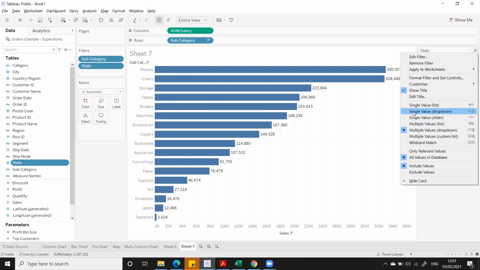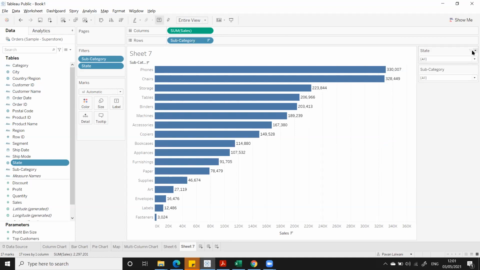Both options are right. Single value means only one value can be selected. Multiple value means more than one value. Okay, understood. So if you're using Make My Trip, Goibibo, single value drop down. If you're using Flipkart, Amazon to buy multiple products, multiple value drop down. In Make My Trip, you can go from one location only. You can think about logic in that.